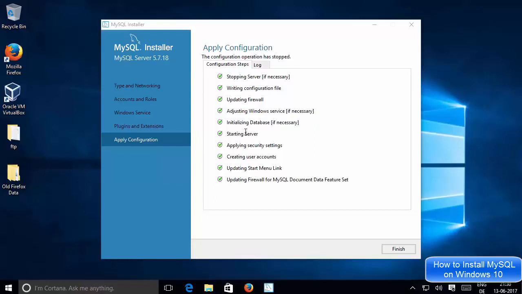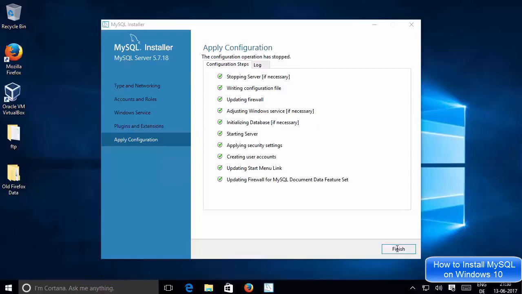So when we start the MySQL client, we will be able to directly connect to the server, right? Now next is applying security settings, creating user accounts, updating start menu links. So you will be able to see these links in the start menu also, and updating the firewall. So everything is done.